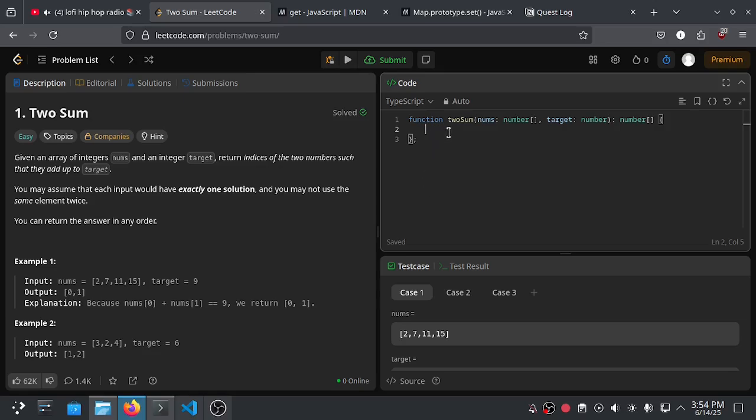So we can write the pseudocode like this. We need to add index number 0, and then we cannot add another index number 0 again, so we can use number 1. And then for the next one, the solution is exactly the target that adds up from index number 0 added by index number 1.